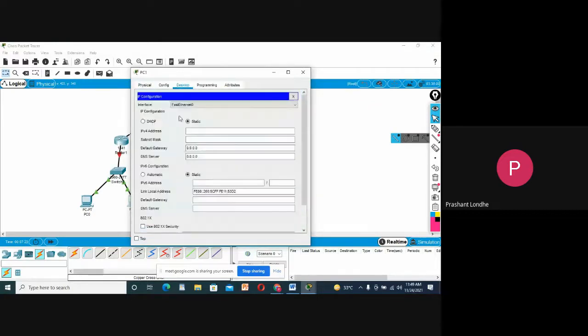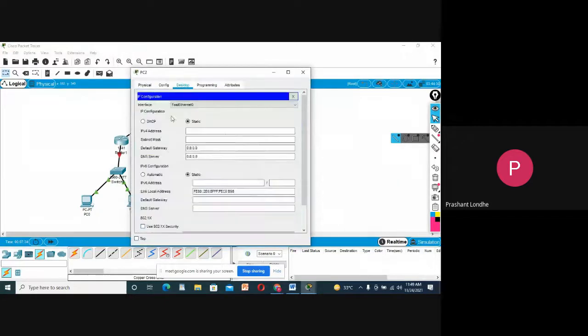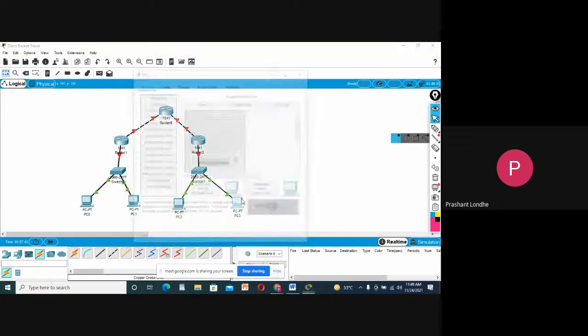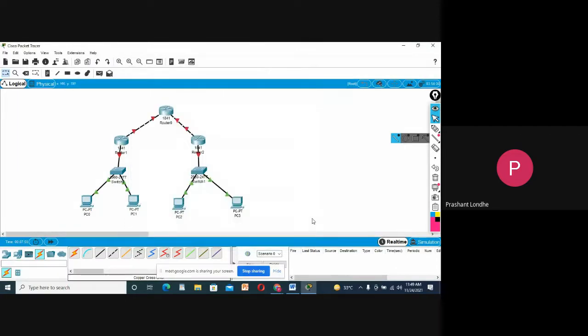Similarly, 192.168.1.3, with gateway 192.168.1.1. Then 192.168.2.2, with 192.168.2.1 as the default gateway. And for the fourth machine, it will be 192.168.2.3 and 192.168.2.1. So I'm done with the configuration of all machines.